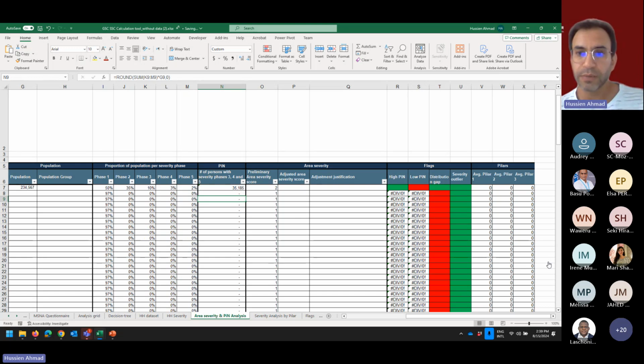The people in need are people in need, and we keep the people in need analysis so that we capture everyone in need. When it comes to targeting and prioritization, we might look at only areas with severity 3 and above, or only areas with severity 4 and 5, and so on. This is something different. But at this point of analysis, we need to capture everyone who needs